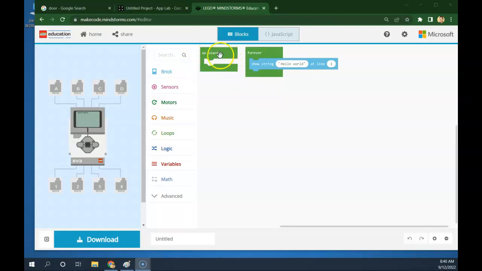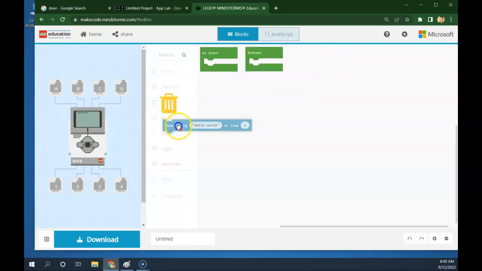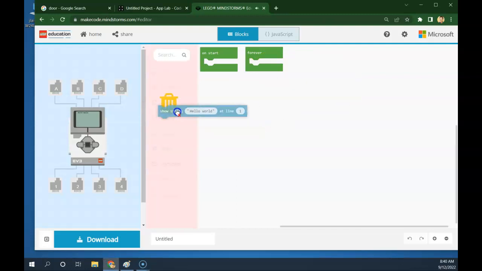So remember, when we start with our program, we have two different sections. We have an on start. These are things that happen once and only once, and sometimes you need things to happen only once during the startup. And then you have what's called a forever loop. These are things that just keep happening over and over again until the robot is essentially shut down. At the moment, I've just got a little word showing, hello world. Some of you put pictures or emotions or other things there. I'm going to just drag that over to the garbage